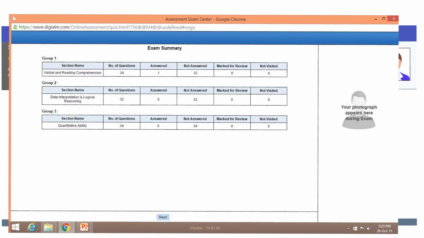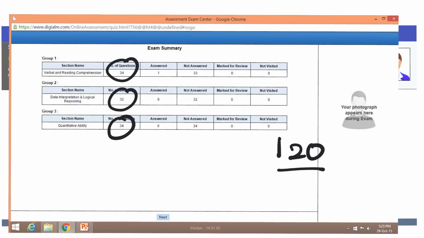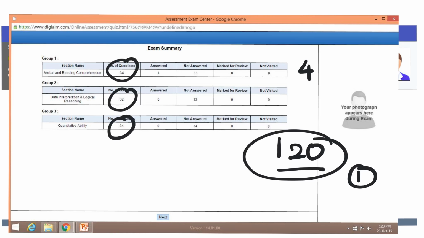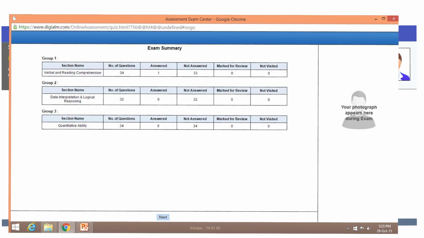Number one, the number of questions remains the same as last year: 34 questions, 32 questions, 34 questions. On the exam day, actually, we don't know how many questions are going to be there. But for the timer, they have confirmed that the total duration is going to be 120 minutes, 40 minutes per section, total 120 minutes. That is instruction number 1. And PWD candidates will get 13 minutes and 20 seconds extra per section. That's the instruction number 1 which is given on their site the moment you start the paper.